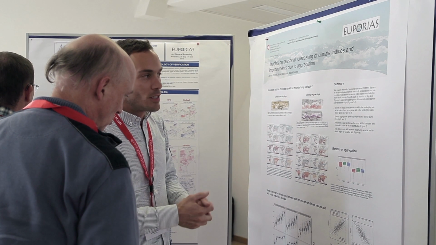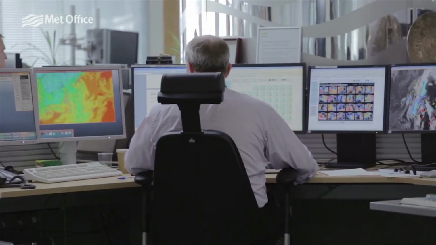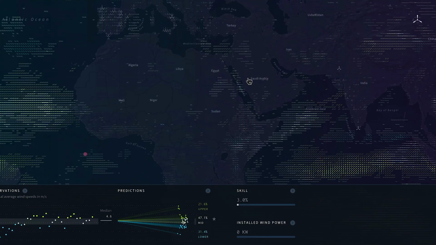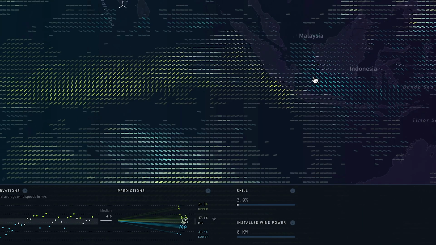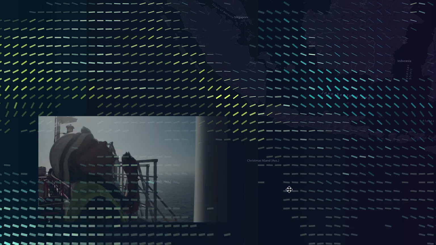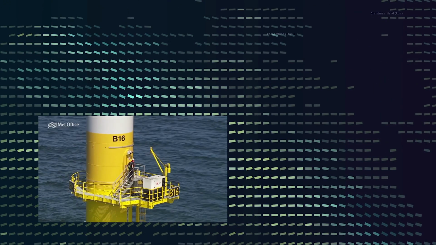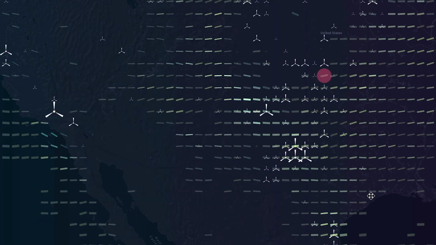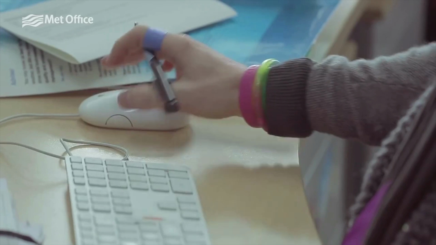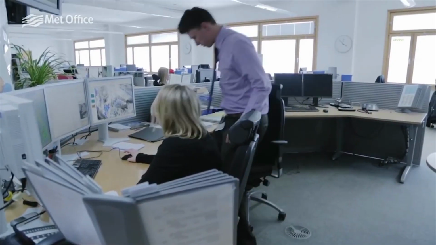From a design point of view, the biggest challenge was really the amount of information. Hundreds of thousands of points with 51 predictions each and 20 years of observations. I mean, how do you distill all this into a meaningful display? The solution we came up with, we think, draws the attention to relevant, really interesting spots on the map, and at the same time gives you access to all these little individual data points that make up those aggregate numbers. And we think both of these are really needed to make the underlying complexities, but also uncertainties, immediately accessible and